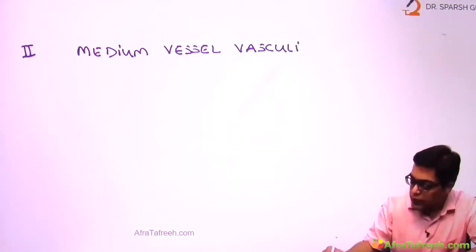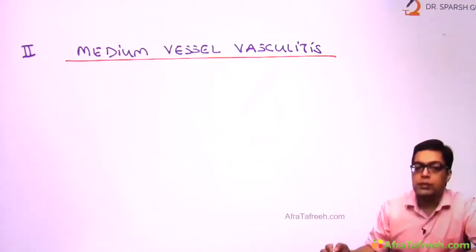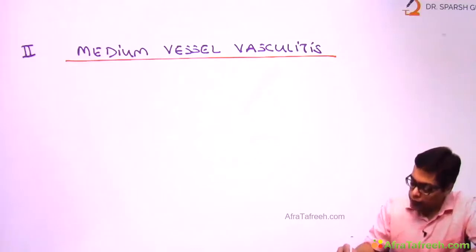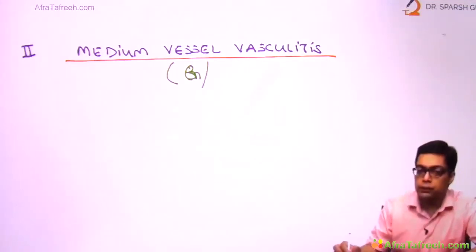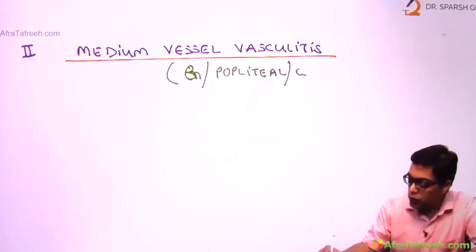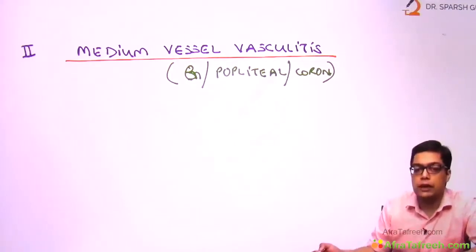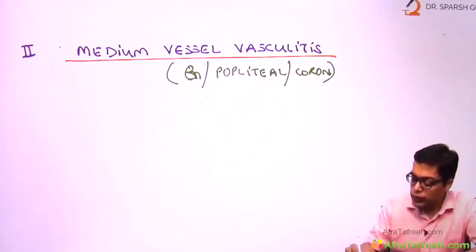When we talk about the medium-sized vessel vasculitic disorders, they are examples of disorders in which we are going to have involvement of the medium-sized vessels. The examples can be involvement of the renal artery. We can get involvement of the popliteal artery, or in some disease, as we are going to talk about in a few minutes, we can even have involvement of the coronary artery. So these are examples of medium-sized vessels, and any inflammation in them is going to be an example of